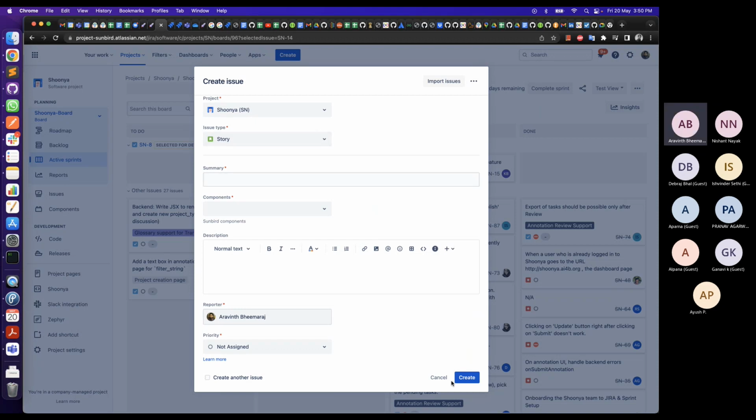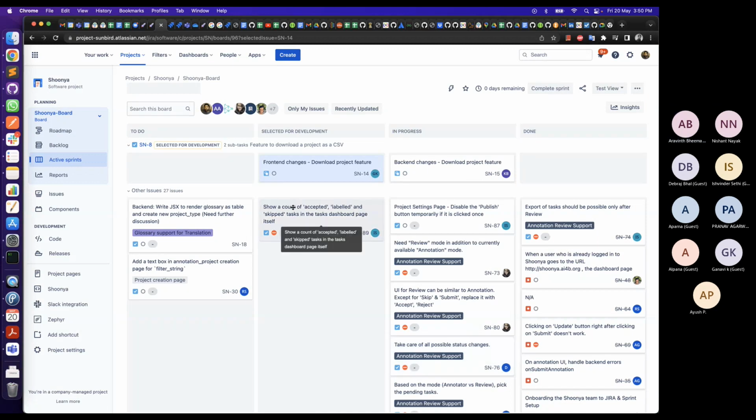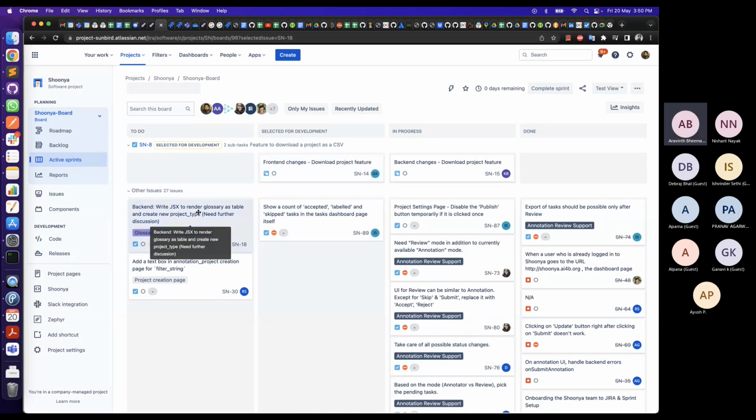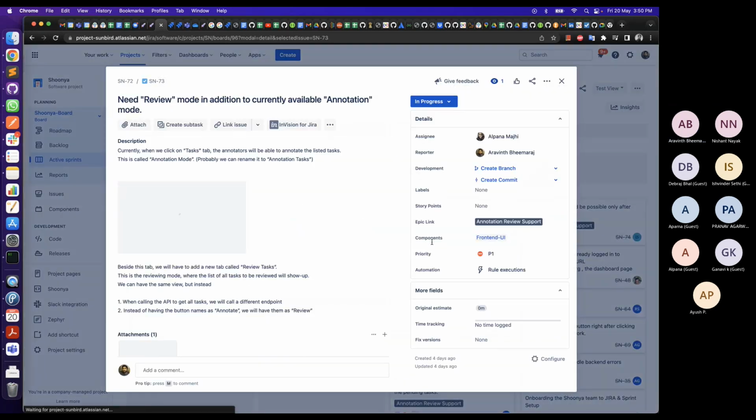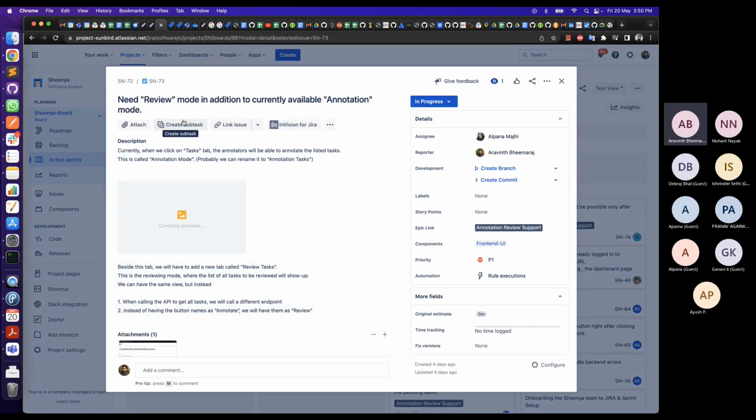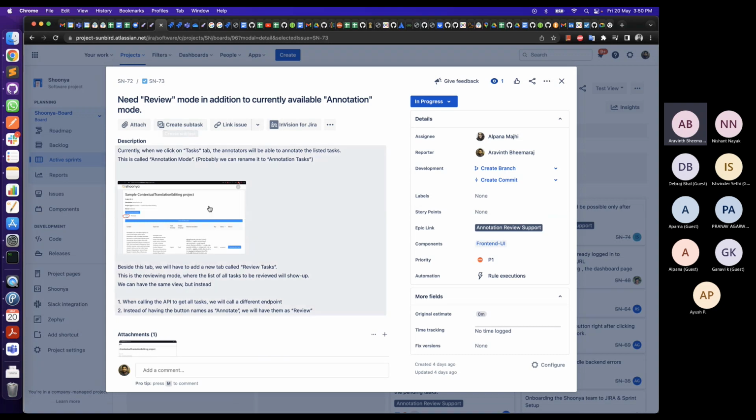But for some of the dependencies, let's say I had this one. If I want to create a subtask, I can create it after going in here.